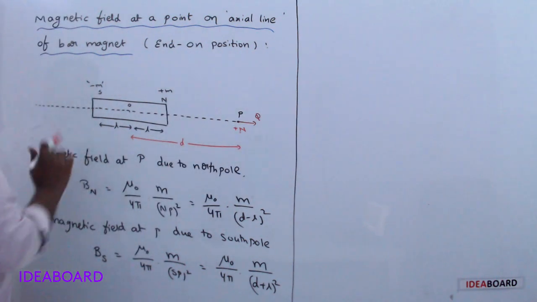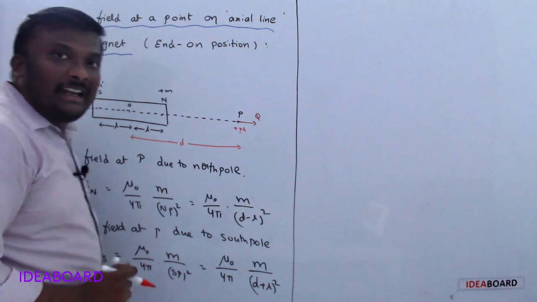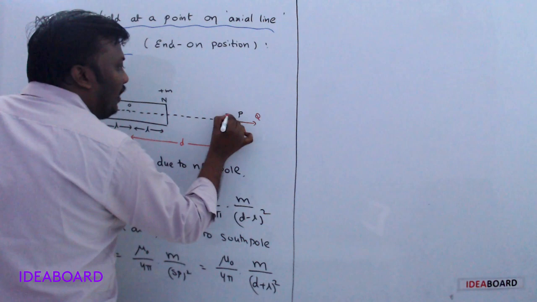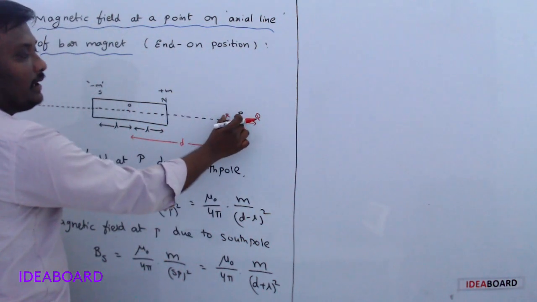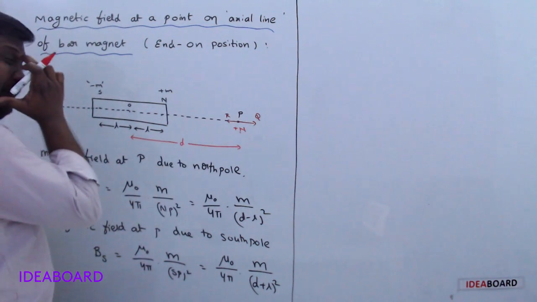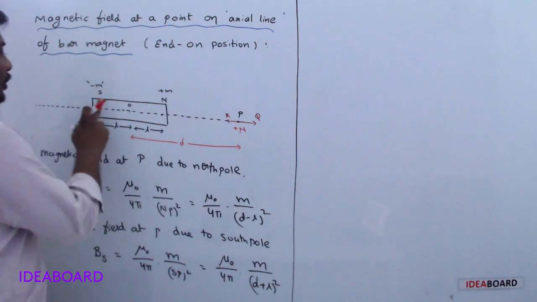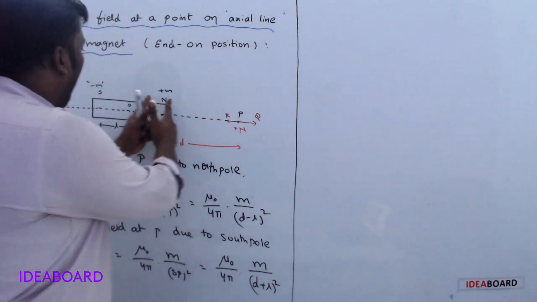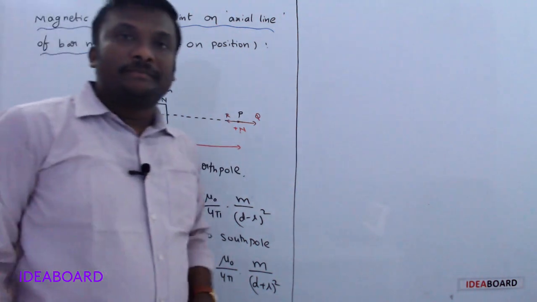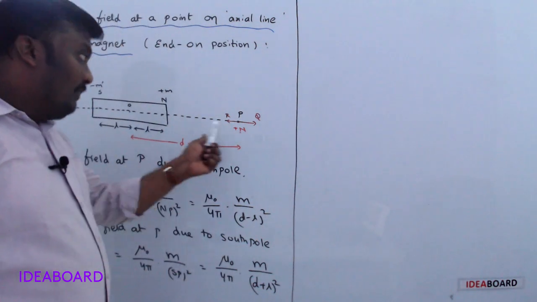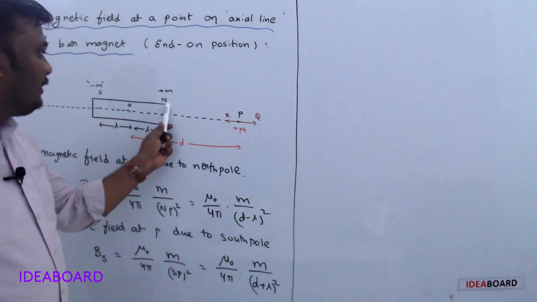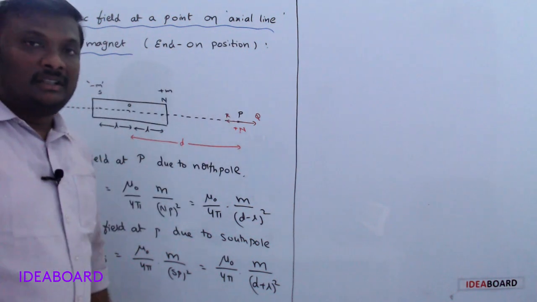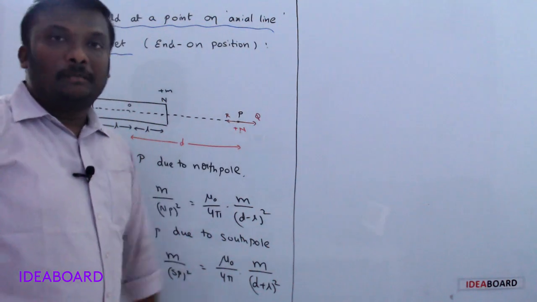Now the south pole. South pole and north pole attract each other. That's why let it be some R. So PR represents the magnetic field direction at P due to S. Which effect is more, due to the north pole or the south pole at point P? From the diagram, it's very clear the north pole is nearer to the point P compared with the south pole. So this effect is more at P.